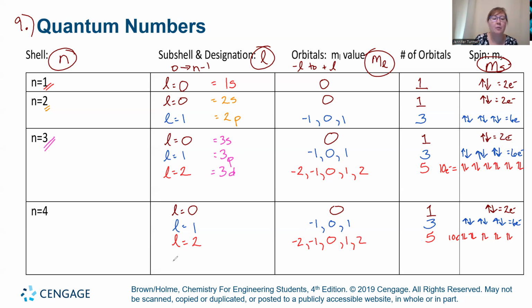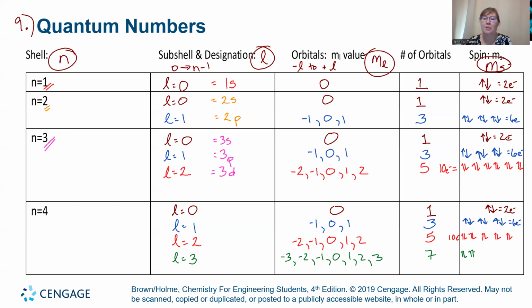N is equal to 4 means that we're up to L is equal to 3, 4, 5, 6, 7, 8, 9, however many you wanted to go. And now we have -3, -2, -1, 0, 1, 2, and 3. And now we have 7 orbitals. So now I have to put in enough for 7. 1,